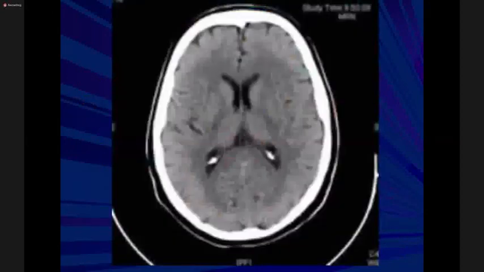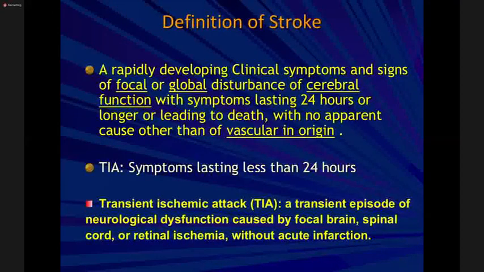So we'll now move on to the topic. Right. So now what is the definition of a stroke? The definition is a rapidly developing clinical symptom of focal or global disturbance of cerebral function, with symptoms lasting 24 hours or longer or leading to death, with no apparent cause other than of vascular origin. So this time duration of 24 hours or less than 24 hours is for